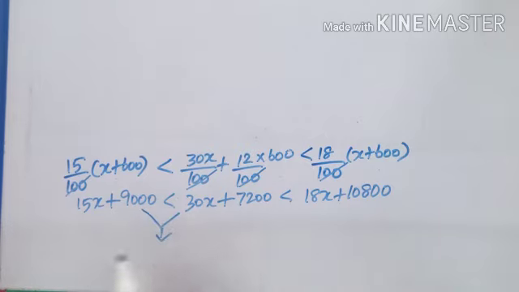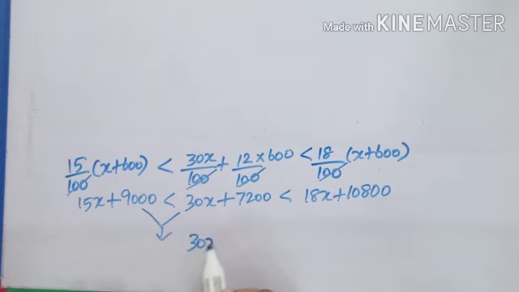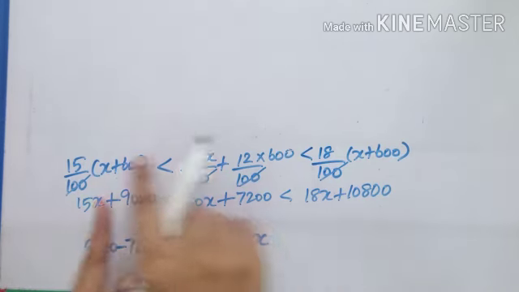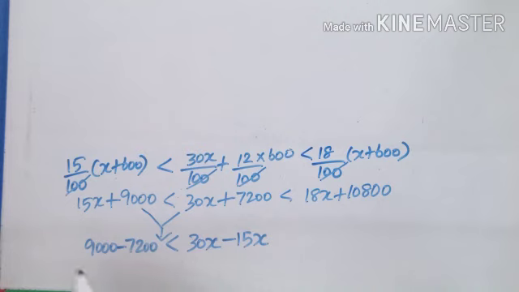Taking these two, bring all the x terms to one side. So 30x, 15x goes to the other side as minus 15x. This side 9000 minus 7200. I am taking these two, 15x this side, 7200 to the left side. So this simplifies as